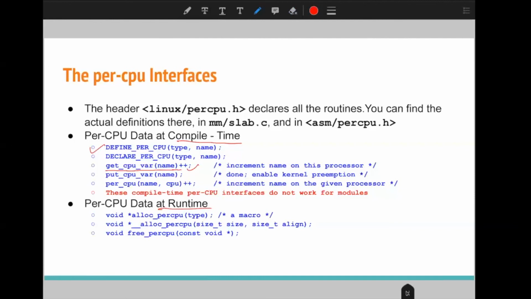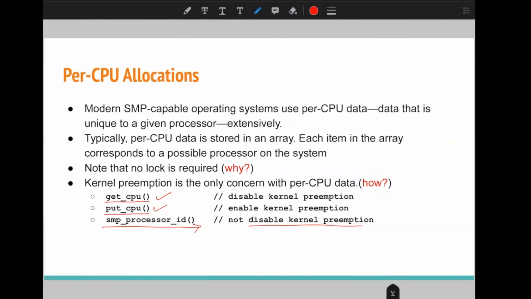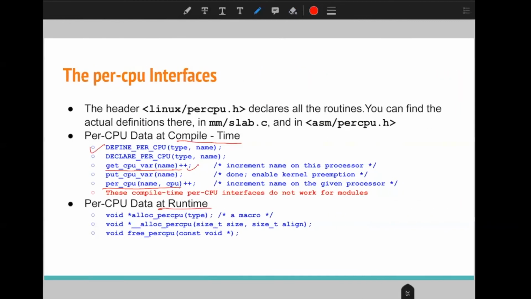And similarly, we have this function per_cpu. It will get this CPU, get that particular variable, and operate on it. All these functions also disable kernel preemption, and this function will enable kernel preemption. This will disable kernel preemption.